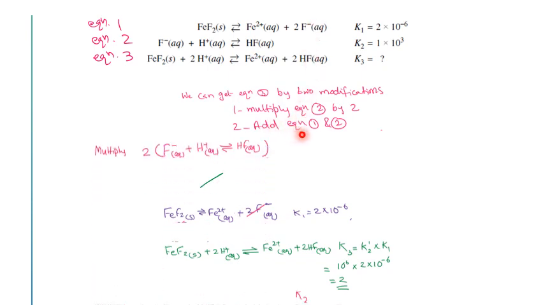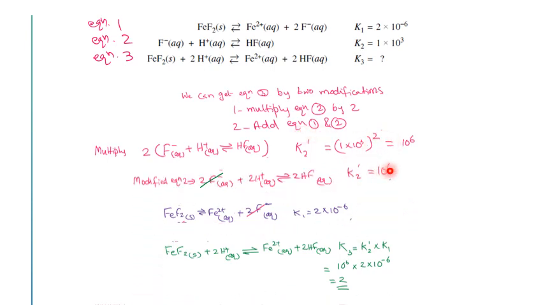So when you multiply, you will have this equation and the K value will be to the power 2, and you will have K value 10 to the power 6, and 2F minus plus 2H plus will give you 2HF, and then add equation 1 and the modified one. So 2F minus and 2F minus will cancel, and you will get the required equation. And then to find the K3, you just multiply the modified K value and the original K value from equation 1, and you will get